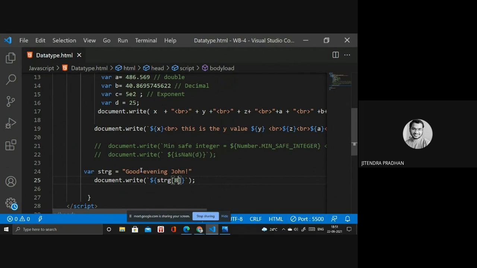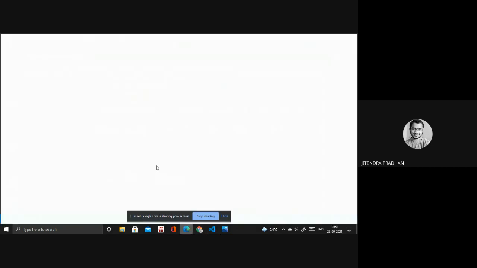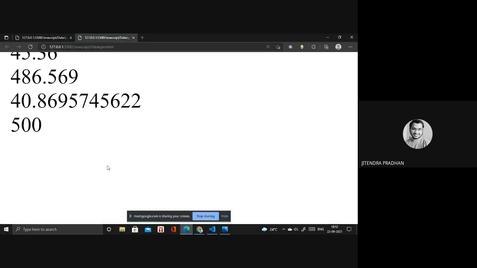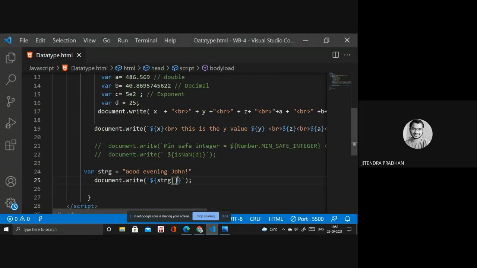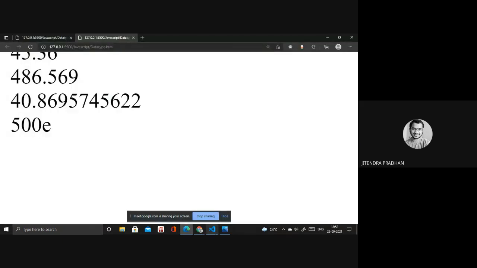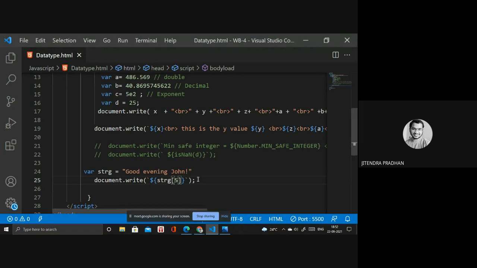Whatever space you use inside the string is counted. If I give index 4, it will not show me anything, because it's only a space. If you write 5, it will show e. I hope you understand what an index number is and how we use it.